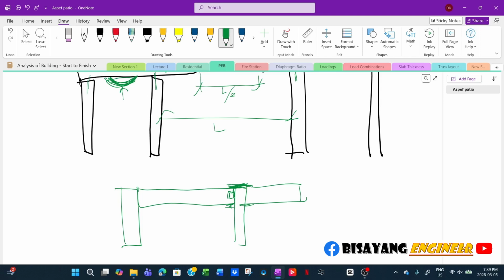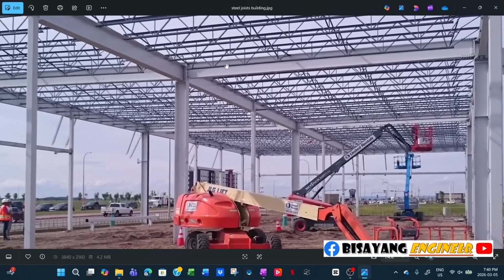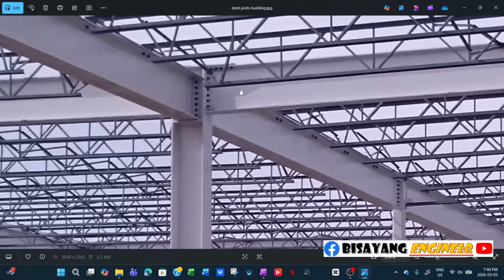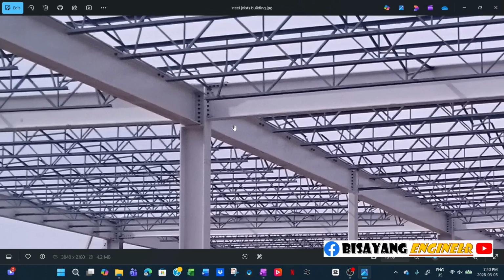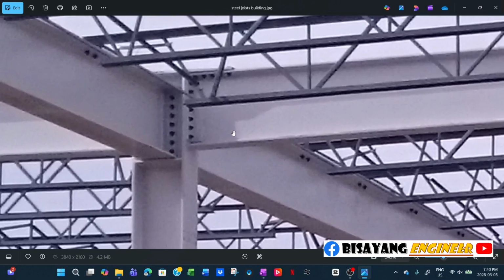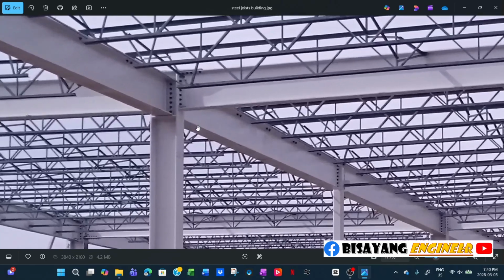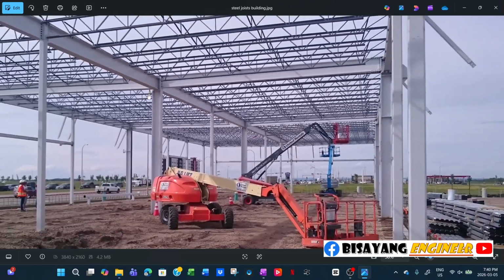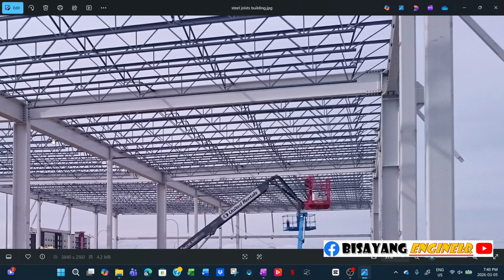This is a commercial building. So if you noticed, this one is, oh, that's a shear connection. This one is a shear connection. Yeah, those are shear connections, I think. Oh no, moment connection. This is not... I think this is because